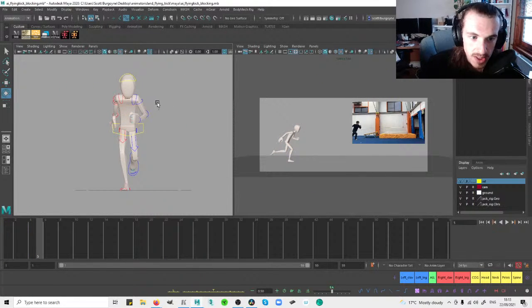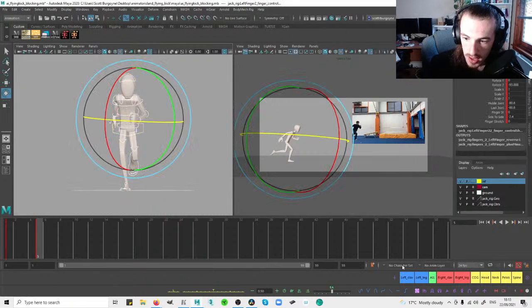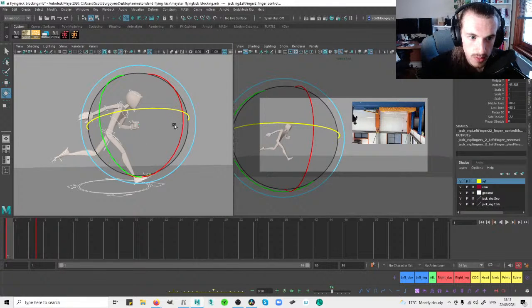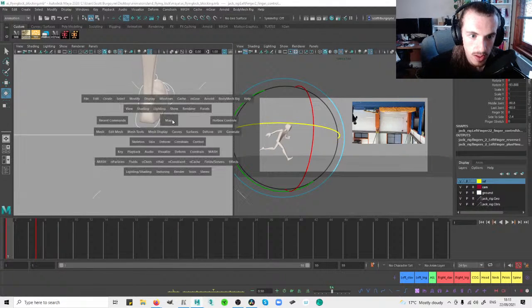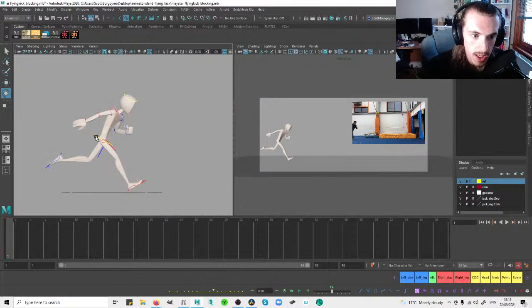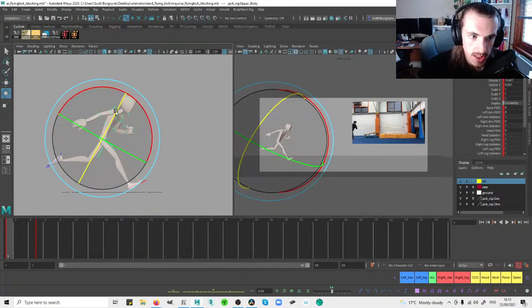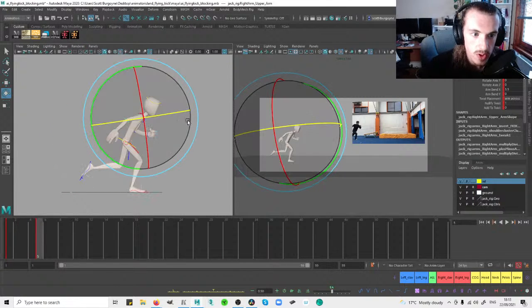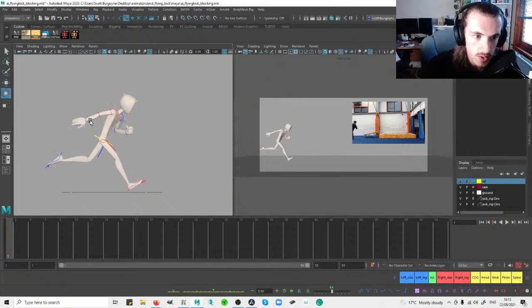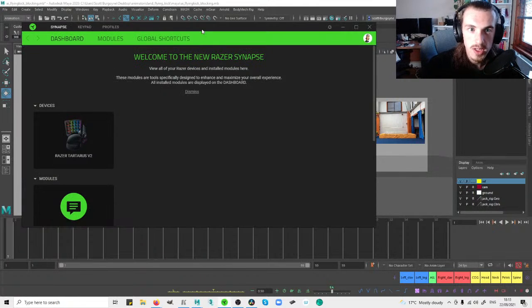Yeah, so Ferdinand makes a great point, and it's something that I am subconsciously doing, hence not talking about it. But when working in 3D, you have the luxury to jump to and from poses at any given moment just to see how they are working with each other, spacing, timing, all that good stuff. And it's something that I do a lot. I'm not using my keyboard. I do have a keyboard, but I don't use it for animation. I'm using